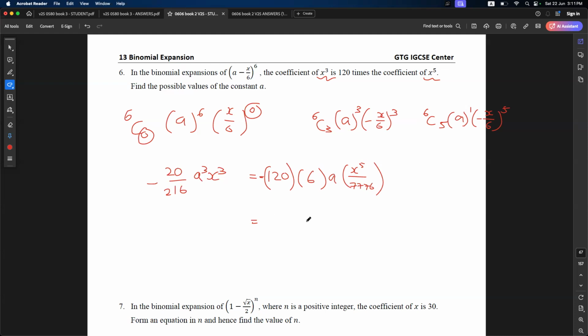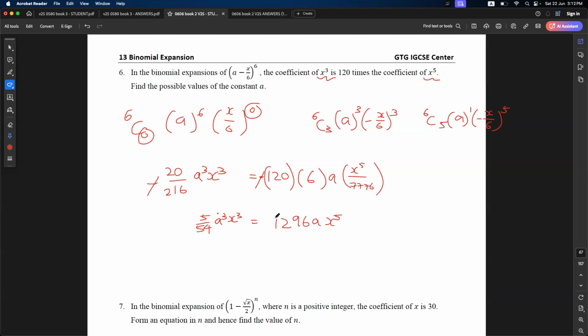This divided by this, how much? You guys don't simplify questions. 1296 a x^5 equals to this one is 5 over 54. Why did I cancel the negative? Because negative and negative will cancel already. Then this is a cube x^5. Sorry, x^3. Another 5 over